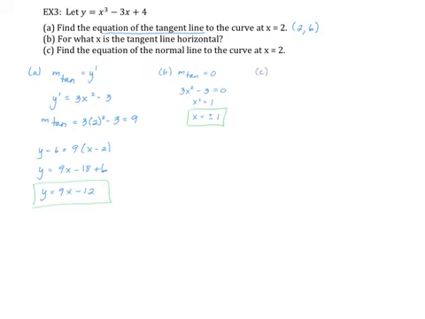In part C, we're supposed to find the equation of a normal line. All right, it's going to pass through the same point, (2, 6). So we just need the slope. So you have to remember that when we talk about perpendicular lines, their slopes are negative reciprocals of each other. So a perpendicular slope